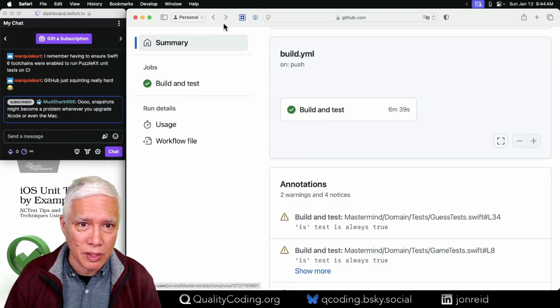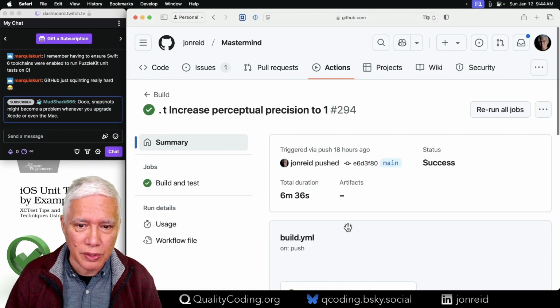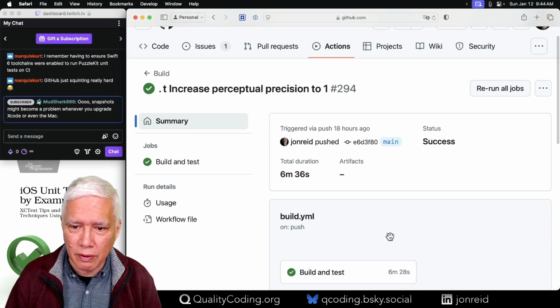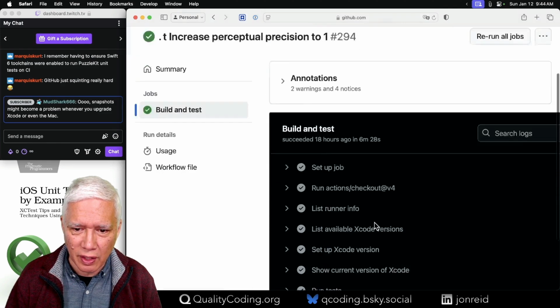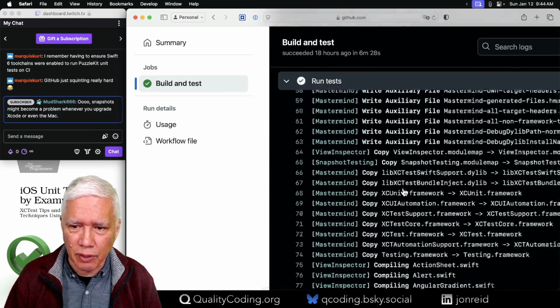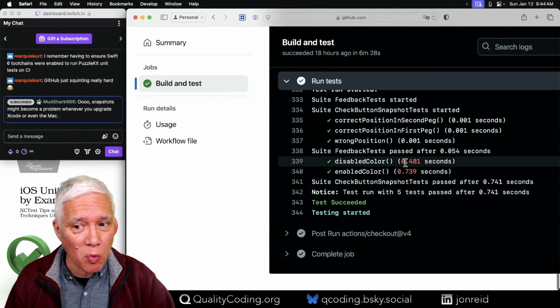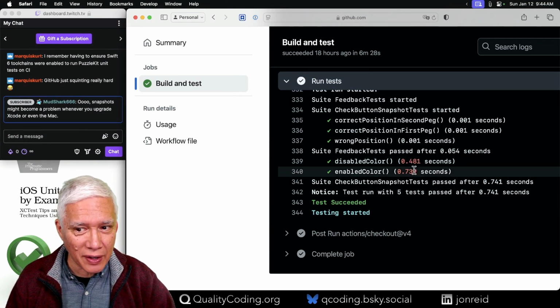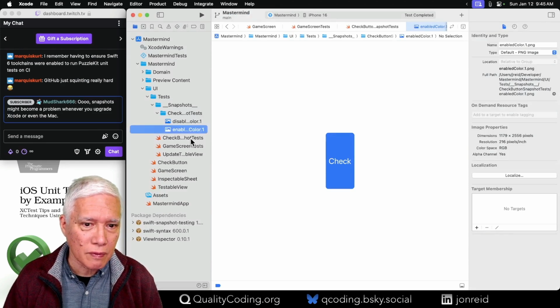Let's go to the most recent. Most recent, also green. Come on. Wow, I think I need to reboot my machine or something. It's finicky. Not right now. Run tests. Get to the bottom where the Swift tests are. And look at this. Much, much better. Way better. A good factor of 10 better than 6-7 seconds. I did that